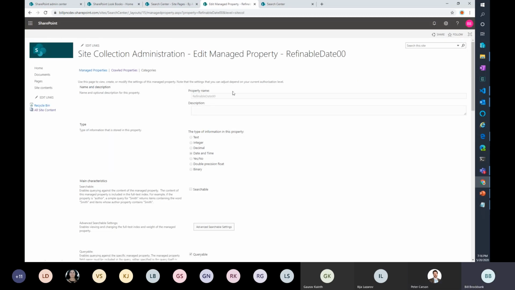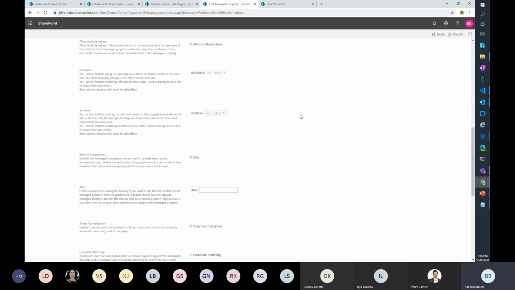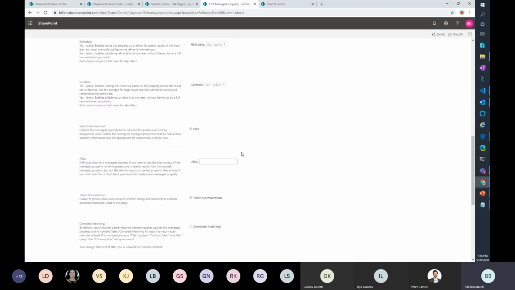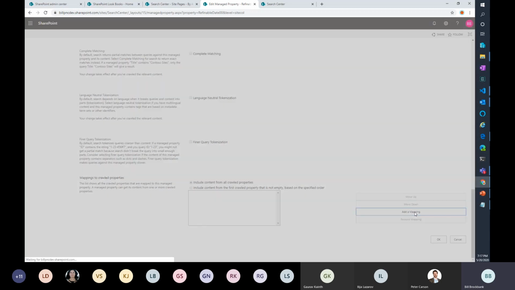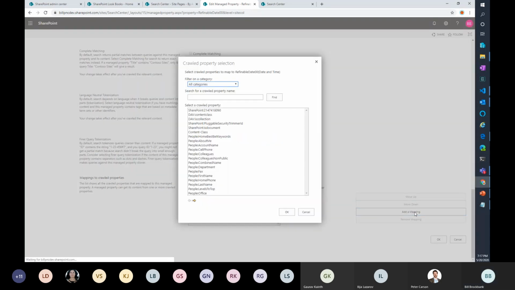let's go into one of these. You're able to go down and say, I think there's nothing you can really set. What you would normally do is put an alias in for the field property if you didn't like using the word refinable, which means you can put a more targeted name in there. You can't reuse a name that's already in use, but you can put a new name in there. And then you can go and map in the mapping properties, which we now see over here.